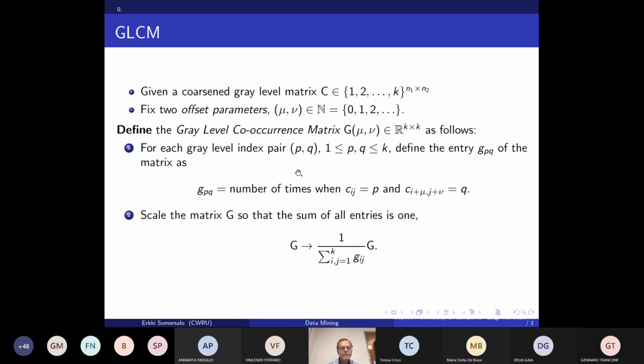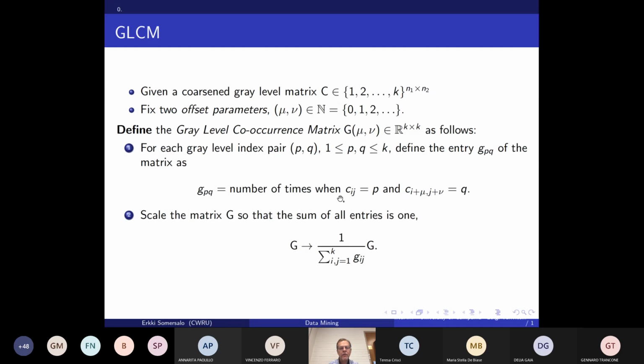You pick two gray level indices, P and Q. P is any value between 1 and K, and Q is any value between 1 and K. Then you say that in your gray level co-occurrence matrix, the PQth component, G_PQ, is the number of